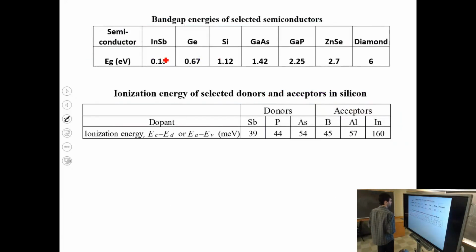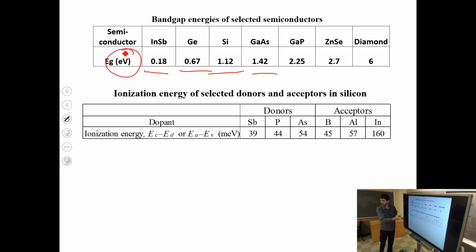And to wrap up today, here is some relation between the band gaps and the donor levels. So these are the band gaps of different materials. We already saw for silicon and germanium that it's a fraction of an electron volt. So a bit more than an electron volt for silicon, a bit less for germanium. Gallium arsenide is a bit higher band gap, and this indium antimonide that I started with has around 0.2. So that's the smallest of all semiconductors. Diamond is 6. So these are all electron volt scale.